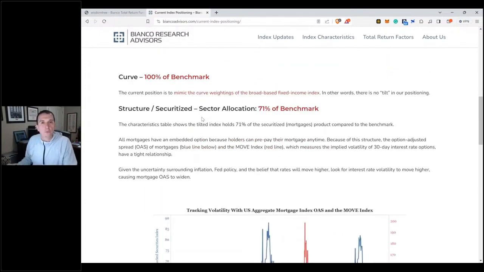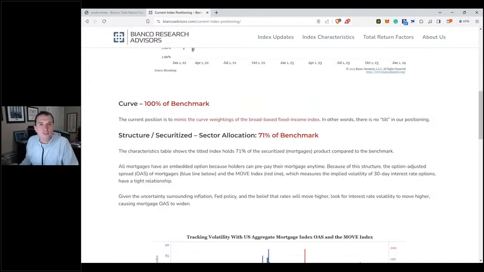We are equal weighted with the benchmark on the curve. So if you were to break our index into buckets, the 1 to 3, 3 to 5, 5 to 7, 7 to 10, 10 plus, our weightings are roughly 100%, as close as we can to being similar to those weightings. Why are those weightings very similar to the benchmark? Because the yield curve is so flat, there's not really a lot of opportunity yet, we don't think, to make money in a bulleted structure or a barbell structure. That will come, but it isn't right now.